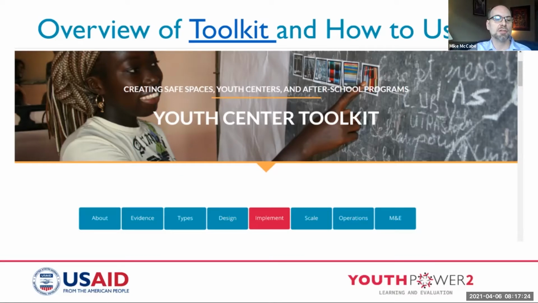So in the evidence section, you'll be able to see a lot about exactly what the evidence is that can support you. And we also obviously have a lot of other information related to what impacts it has on psychological and physical safety, what it has in terms of supportive relationships, opportunities for belonging. And this all links over also to some of the M&E and learning components. The next section of it looks at the types of youth centers and what we know about these different models. And as I said, there's a lot of different types of models we'll hear about today.